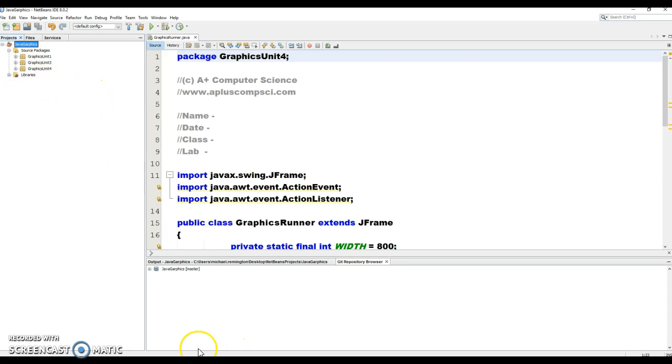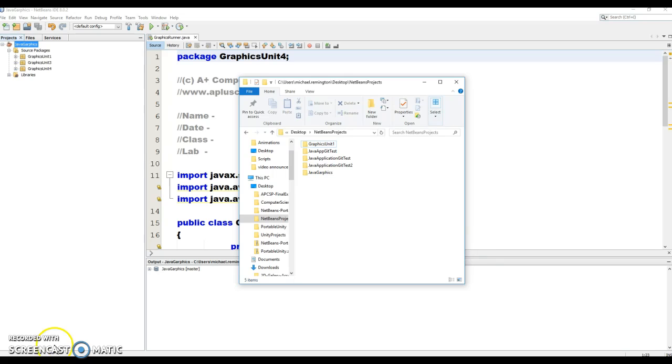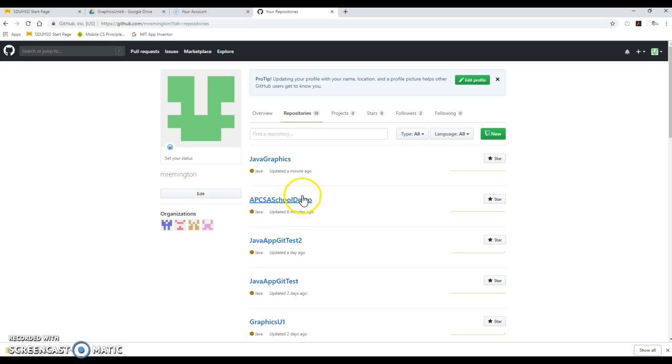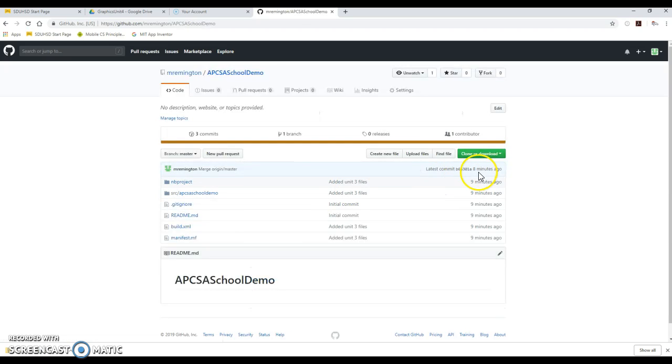So what I'm going to do is I already have on my screen here, in my repository, some other things I can test. So I think this one is a new demo that I posted, I made with NetBeans. So I'm going to try to go here, and this is what you would do from home. You log on to GitHub, go to your project that you want to clone from home. You're going to click clone and download, copy that URL,